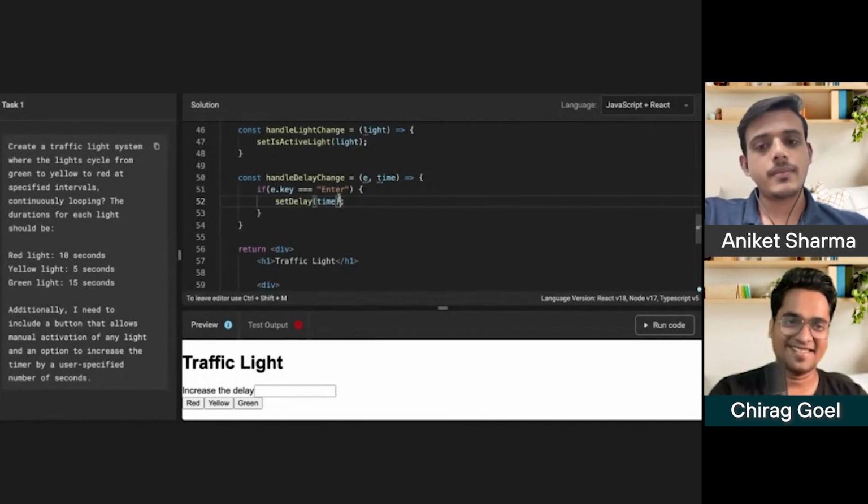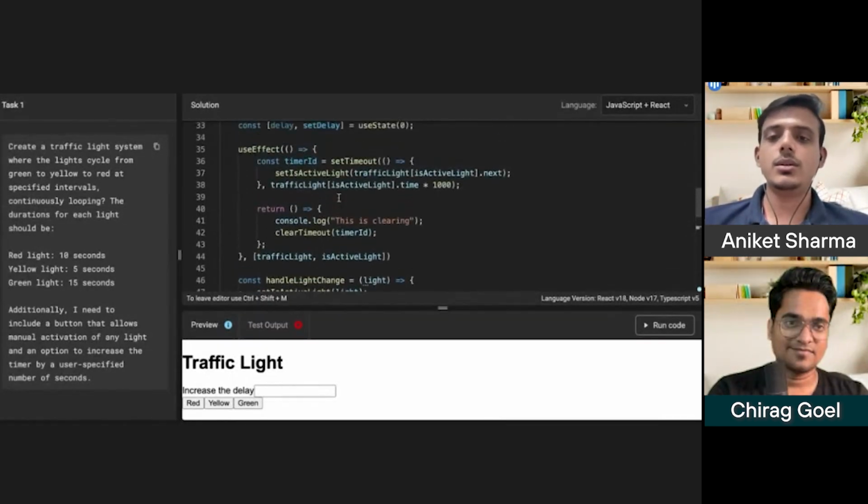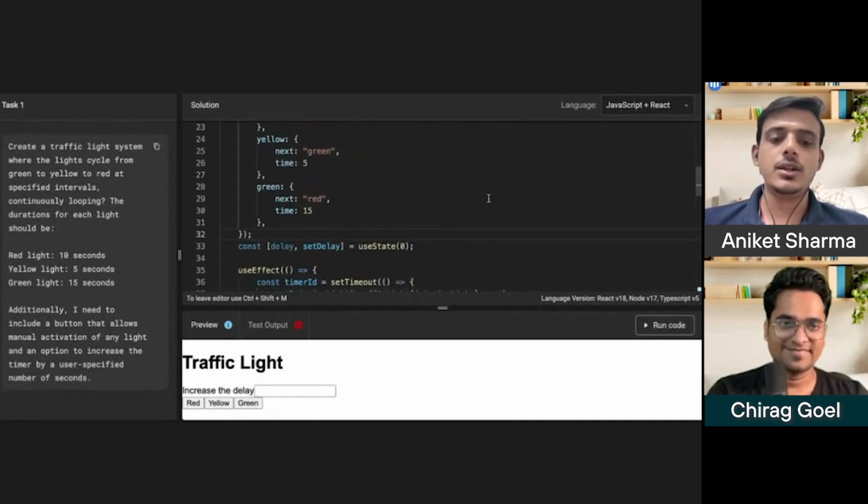So the interesting part is here. The problem statement, try to hear it properly. So you have a 15-second timer, consider. 10 seconds are already lapsed. You are left with 5 seconds. I have increased the timer by another 10 seconds. It means from that moment, the timer will go with 5 plus 10, 15 seconds. So somehow we also need to make sure how much time has passed for the active light. You got the problem? Yeah, we also need to track that.